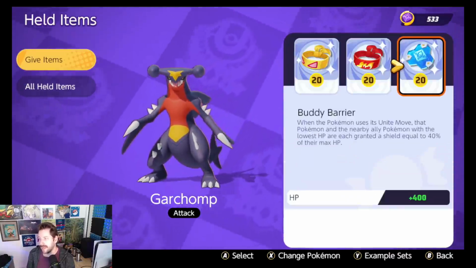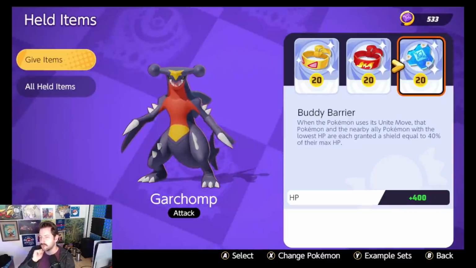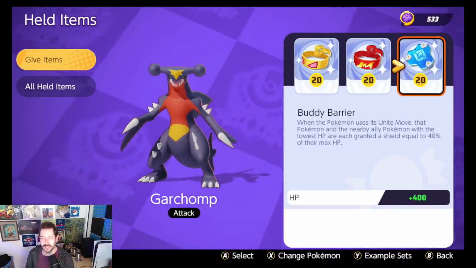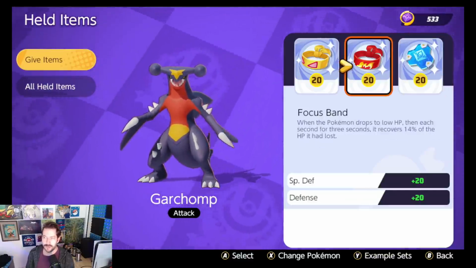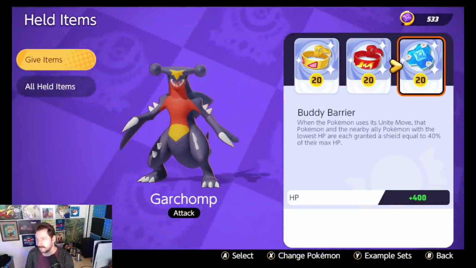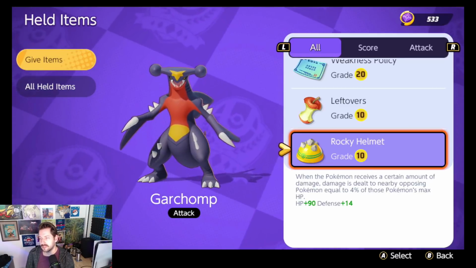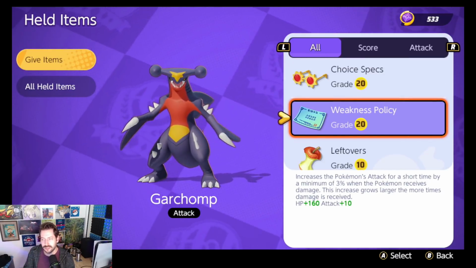But, I mean, I even think a Buddy Barrier might be a better call in this situation, just because when you use that Unite, you're really up in the fight, you get crazy powerful for a second, you get all your stacks, maybe just run Buddy Barrier, Focus Band so you're alive long enough to continue the fight. Some people like running, instead of maybe Muscle Band, a Weakness Policy. I get it. I just don't think Garchomp's...